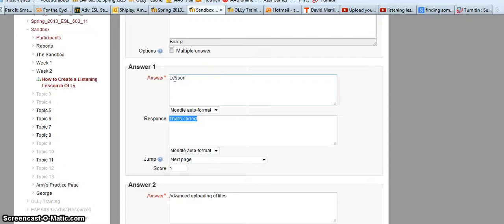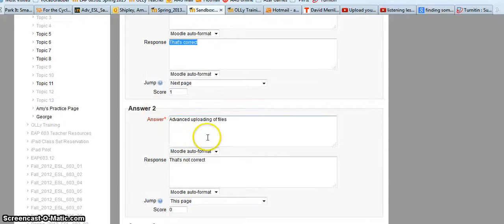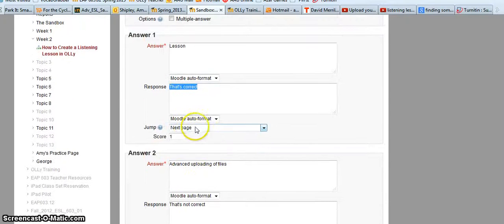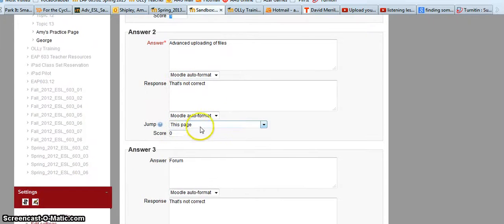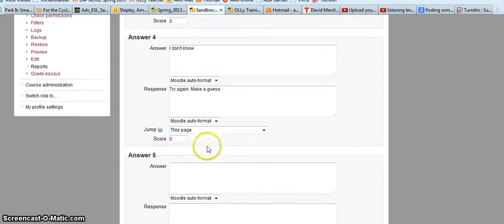The first answer is generally the right answer, and the remaining answers are the incorrect answers, so that I always know that this first page is going to jump to the next page with a score of 1, and all the remaining non-correct answers are going to jump to this page with the score of 0. Then I click Save,